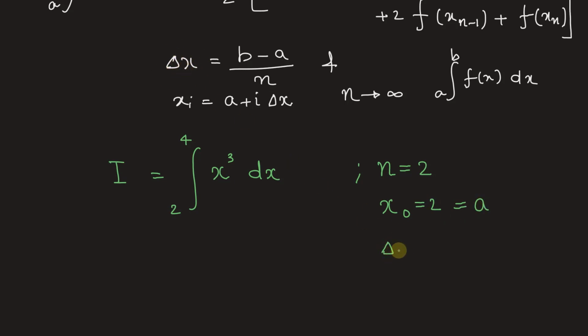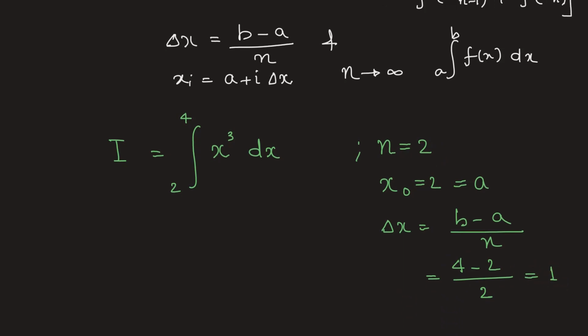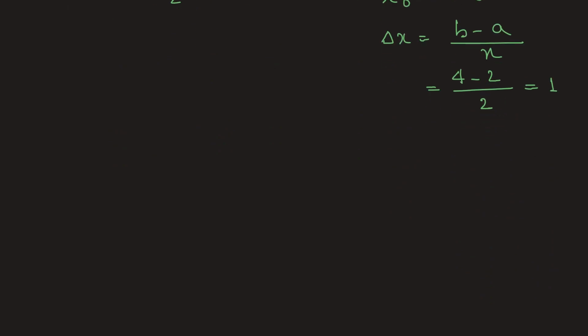So delta x is equal to b minus a divided by n. So b is the upper limit, it is 4, minus 2, divided by n. And it's already given in the problem, n is equal to 2. So we get the value of delta x is equal to 1. In the problem it is also mentioned that f of x, that is y, is equal